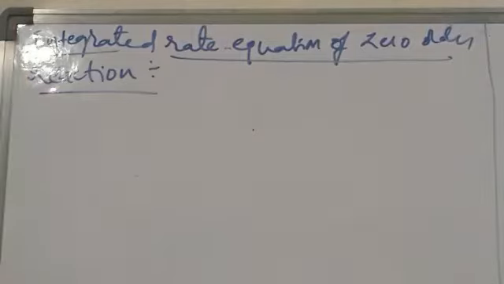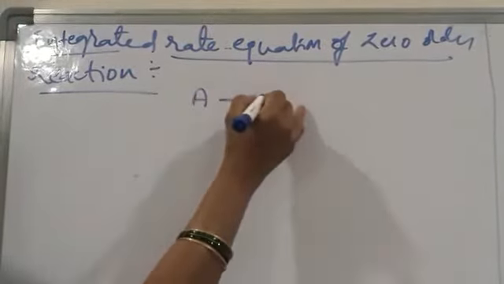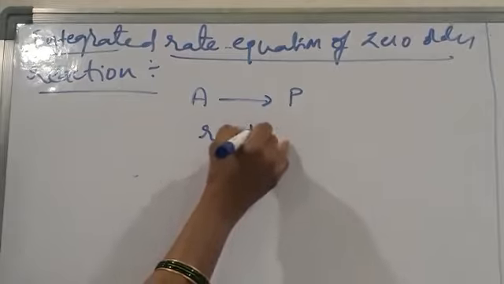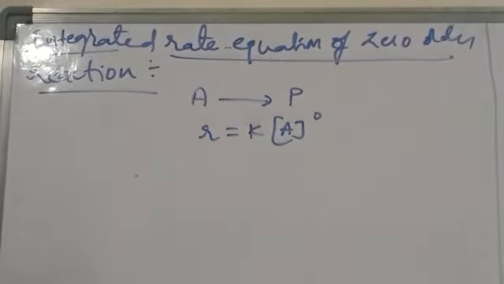So, zero order reaction. For example, if we consider a general reaction, A gives products. You know that zero order reactions do not depend upon the concentration of reactants. That's why we can write rate is equal to K into A to the power 0. Okay. So, for zero order reaction,